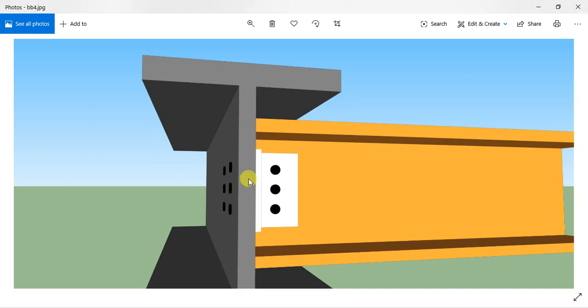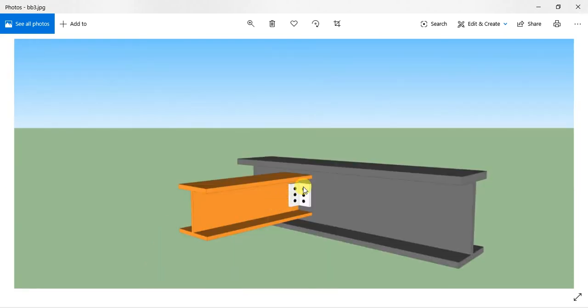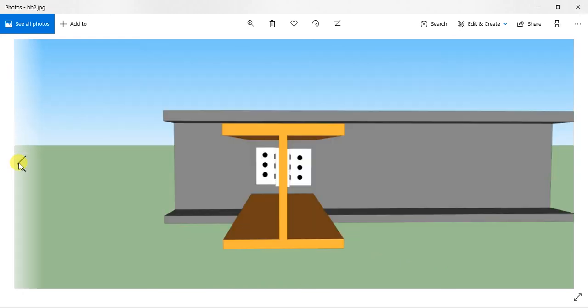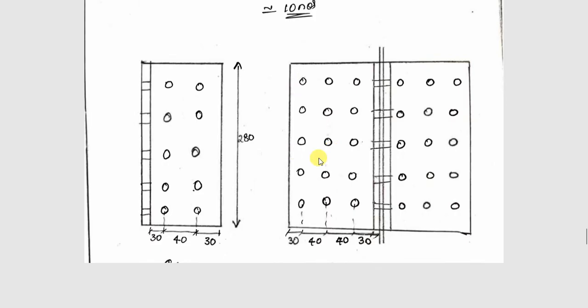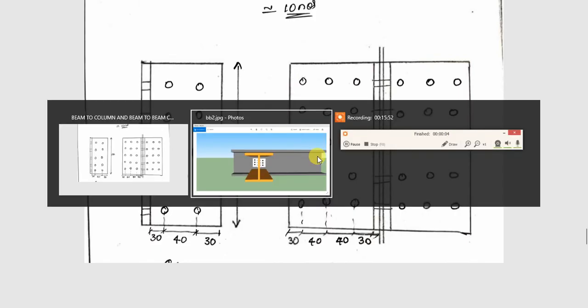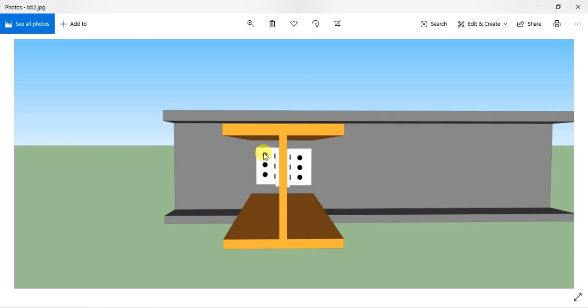So for this particular connection, we have to use 15 number of bolts. This particular connection, you can see in this figure here. So the same bolts here and here should be provided. These two refer to the same connection.